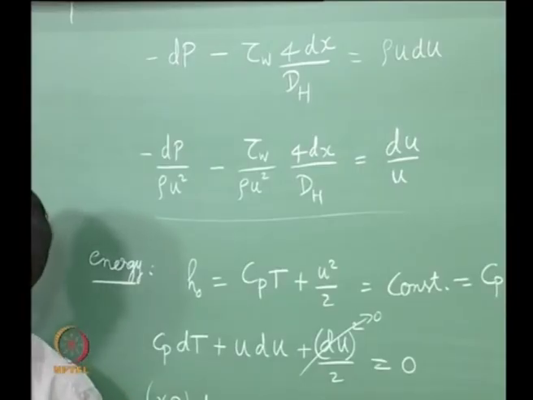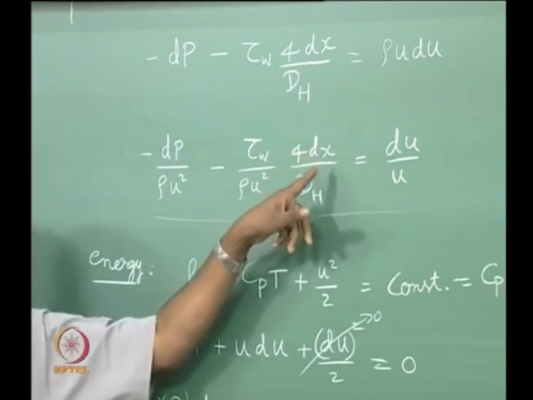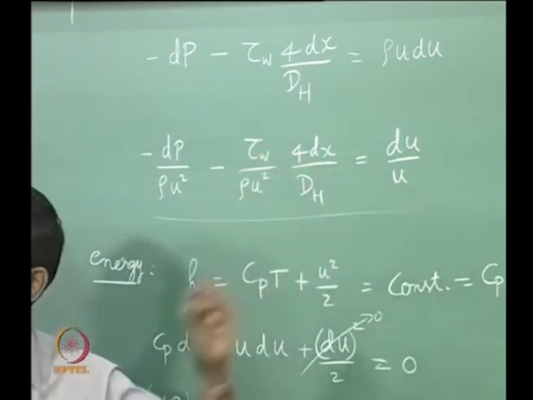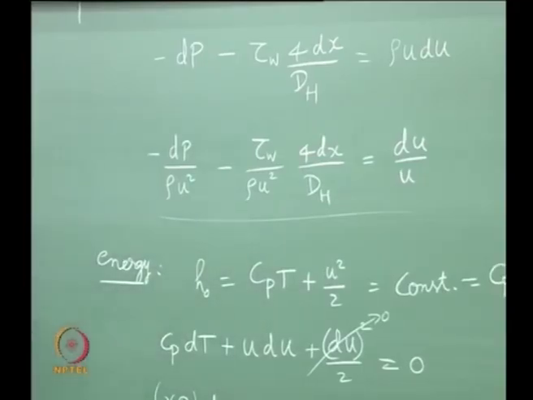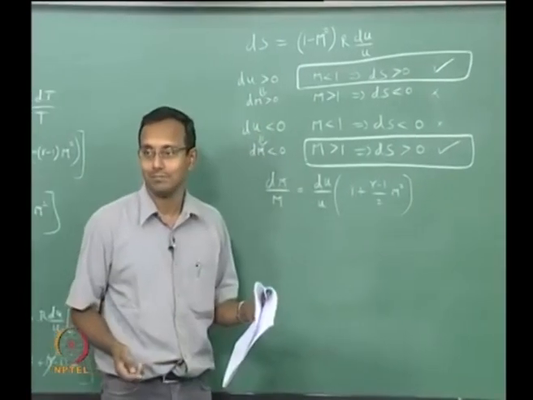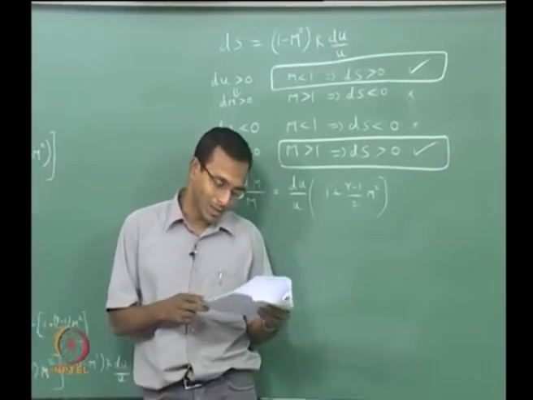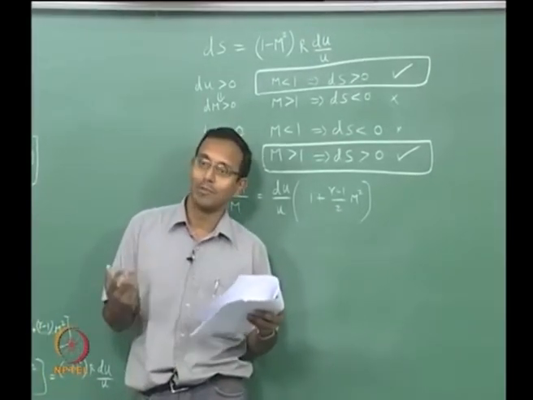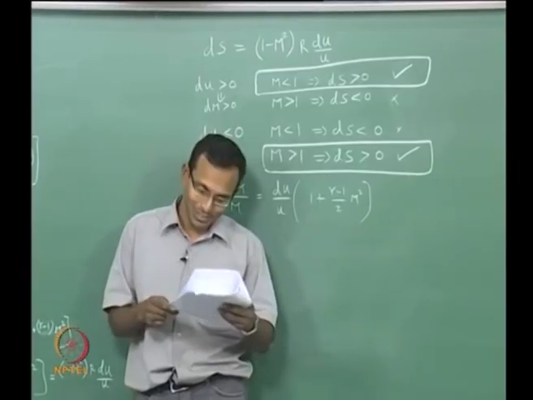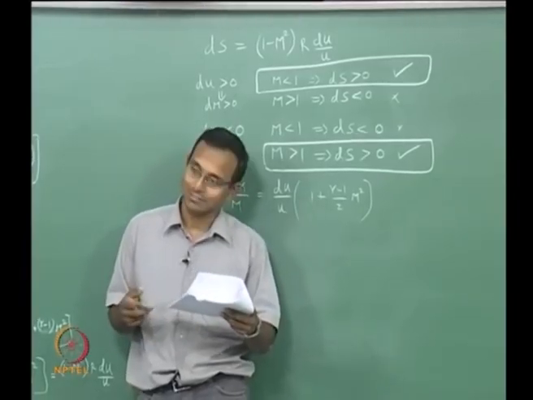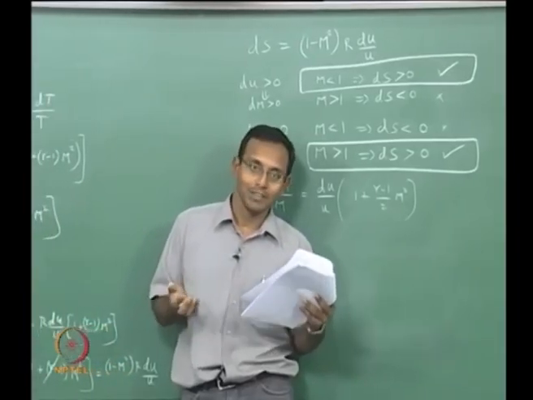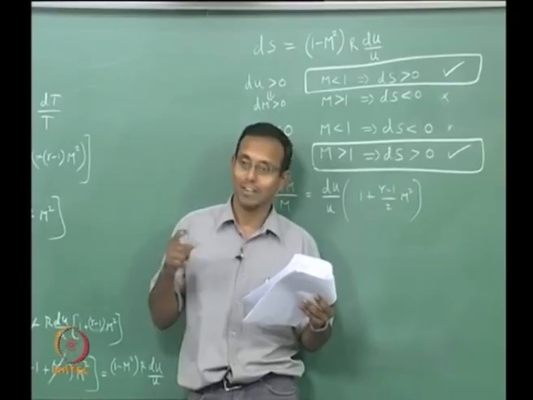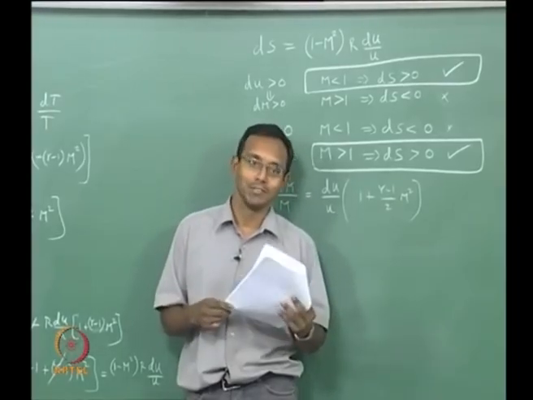As of now it looks like I can find all variables just from looking at this. I cannot find any variable unless my dx is given, because I need the value of dU to tell the new value of velocity. I can just tell the general trend, but I cannot tell anything specific. The equations seem to be almost coupled, though they are all independent equations. We had 6 equations and 6 unknowns: mass, momentum, energy, state, entropy, and Mach number definition.